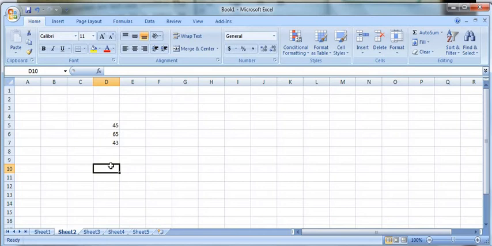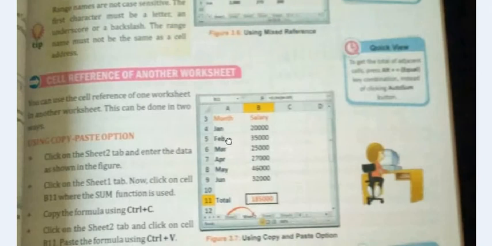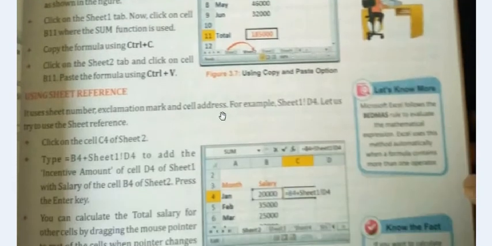Means I want to access the data or value from another sheet also. So how will we use this? We have seen we use an exclamation mark, right? Here you can see B4 value plus Sheet1 exclamation mark D4. Like this you can access, right?